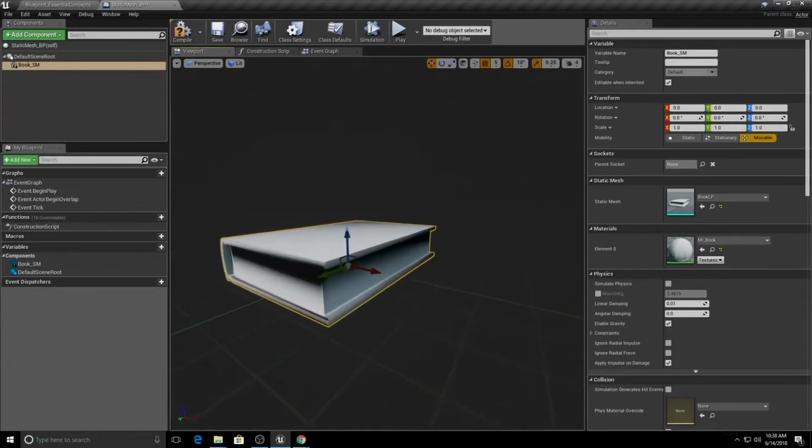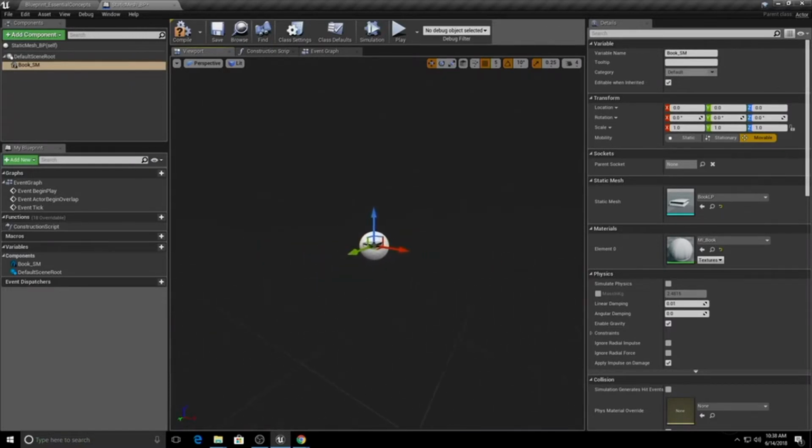So we have our book inside of here, but we also have this white sphere. So what is that? Let's talk about that for a second. That is what we call the default scene root component. Whenever you create a new blueprint, you're automatically going to have this component added as the default scene root, which you can see here at the top. And we're going to show you what this is for and why it's created initially. So if we compile and save and we close out this blueprint,